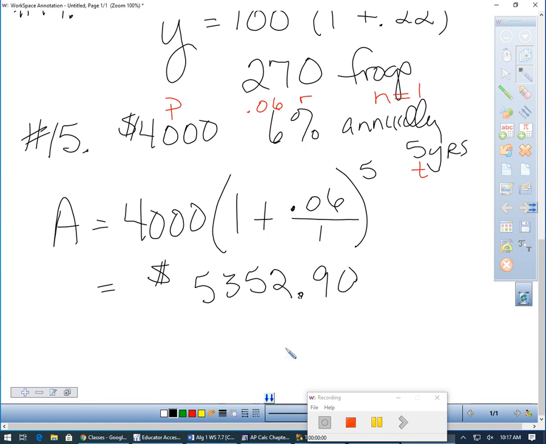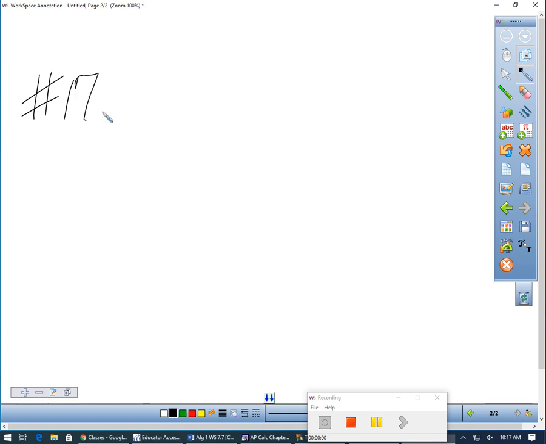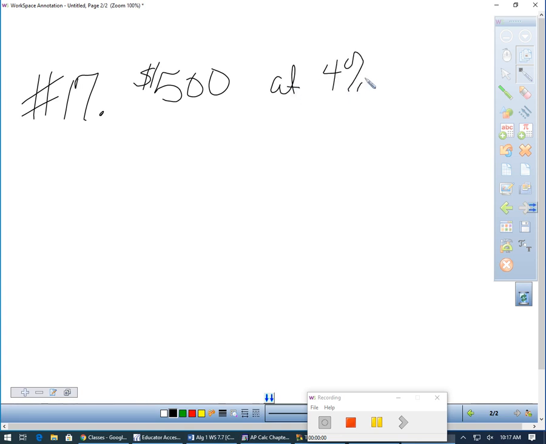All right, let's look at number 16. Oh, sorry, number 17 is the next one. My bad. Number 17. In number 17, we start with $500. This one says it's compounded at 4%, compounded quarterly